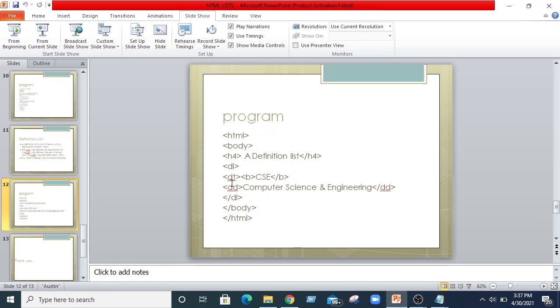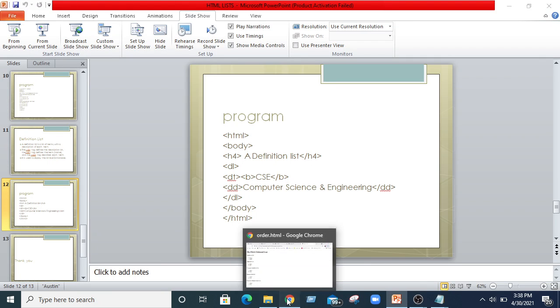DT is defining the term, and DD is defining the description for whatever is placed in the term. Now I am placing CSC, and for that CSC, it's a short form of computer science and engineering. I have described the term CSC here.